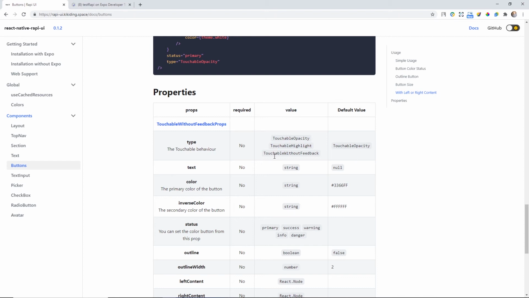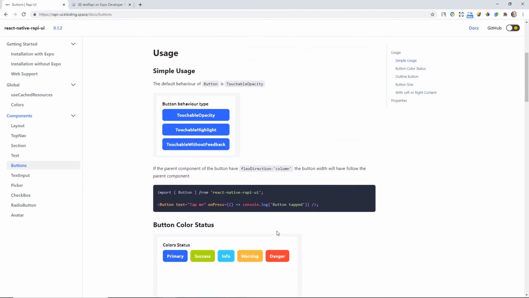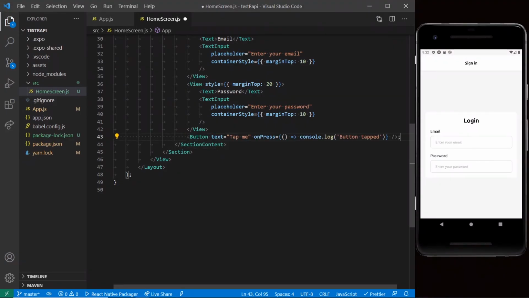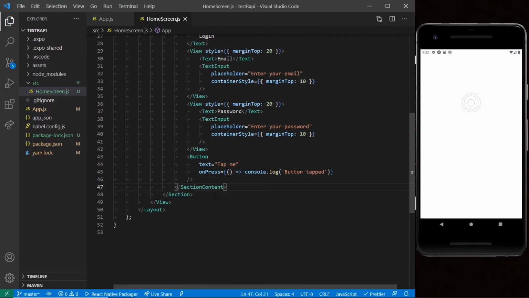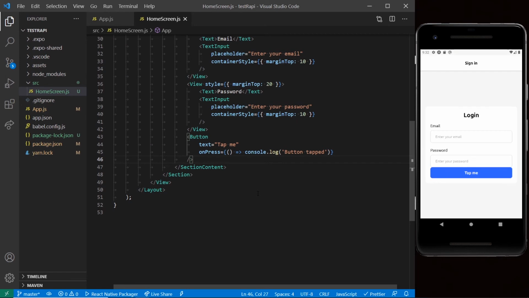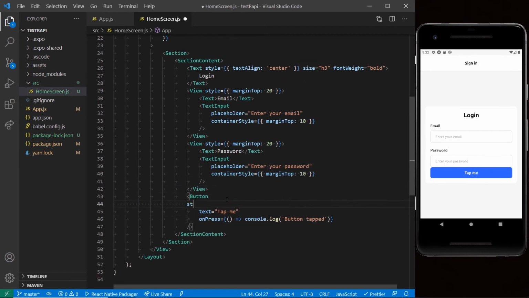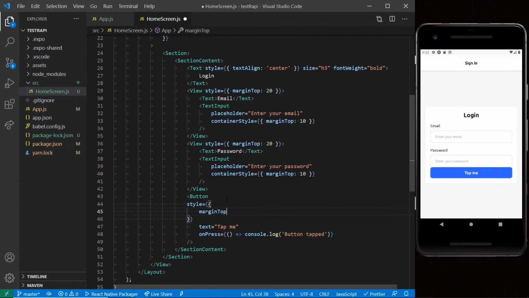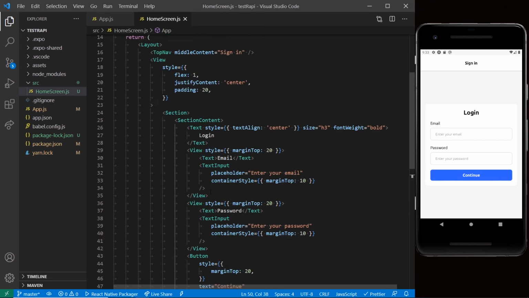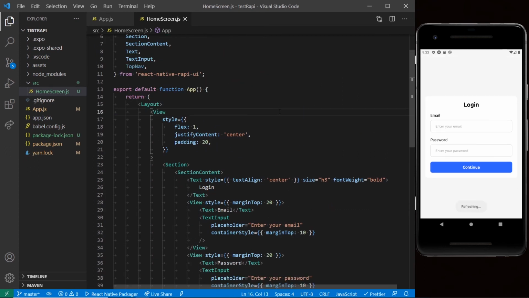You just assign that to the type prop, and then you can have the color, status, and many other props you can use. I think this screen doesn't need top navigation.